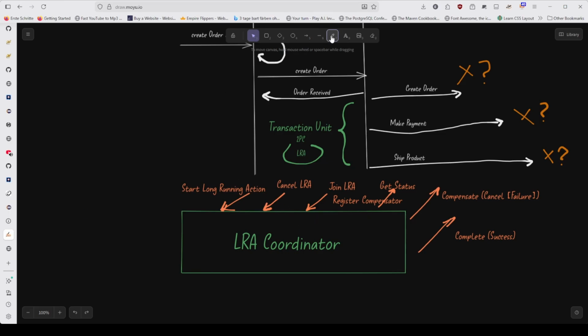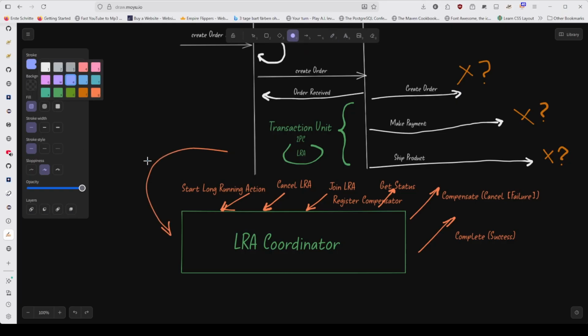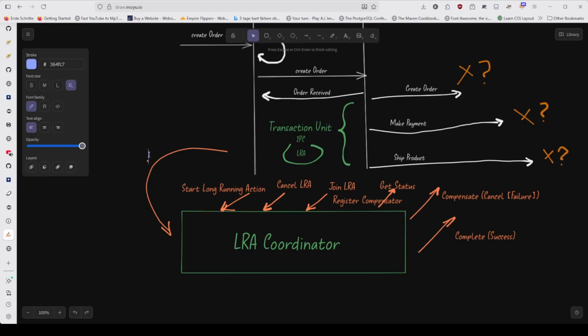Now let's take a break and visualize what's going to happen. We have a closed transaction, which is an inbound request as far as the LRA coordinator is concerned. So there was a start transaction, start long running action, and now there is a closed transaction. And when the transaction is closed, the coordinator is going to call all the participants and execute a complete